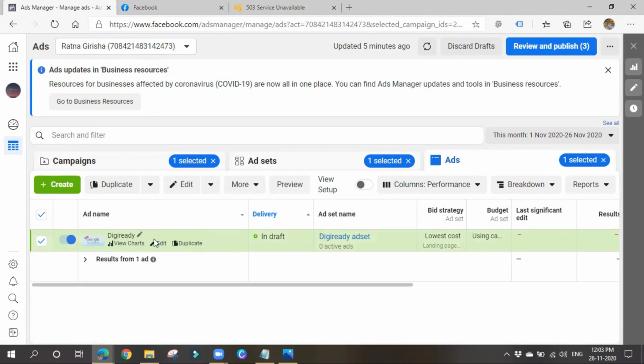So like this, you can see all the things in the drafts, guys. Okay, so this is how we can create a Facebook ad. We'll be seeing how to track all these conversions, how to track how many clicked on our site. Like that, we can get all the things. You can see all the things after we run ads.